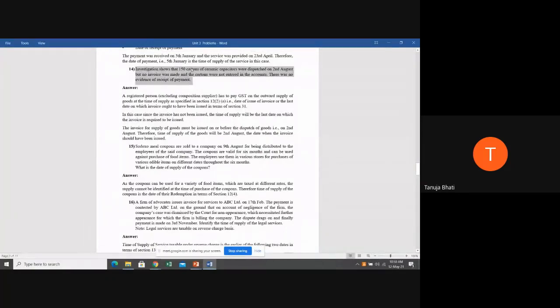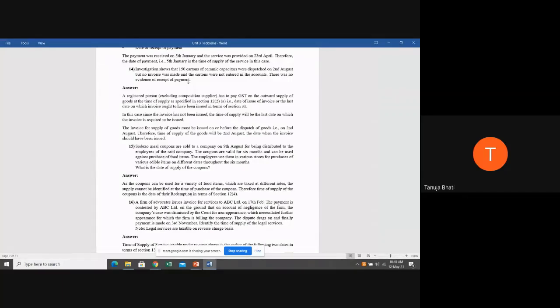Investigation shows that 150 cartons of ceramic capacitors were dispatched on 2nd August, but no invoice was made and the cartons were not entered in the accounts. There was no evidence of receipt of payment. So what is happening is, here there is no date of issue of invoice, there is no date of entry in the books, there is no evidence of any payment of account, and they are asking us what is the time